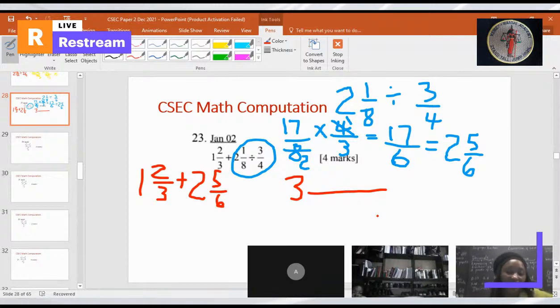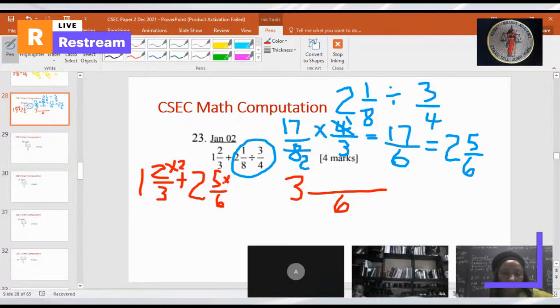The smallest number that 3 and 6 can go into. It's 6, miss. Okay, all right, so take it from there. So, miss, 3 into 6 goes 2 times, and 6 into itself goes 1 time. So, miss, you'd say 2